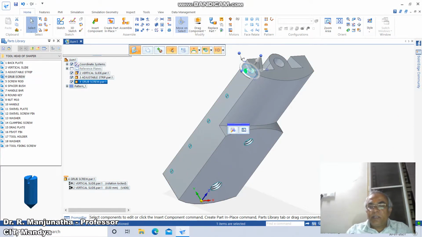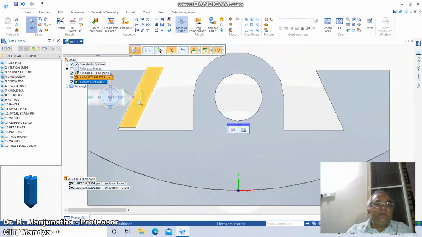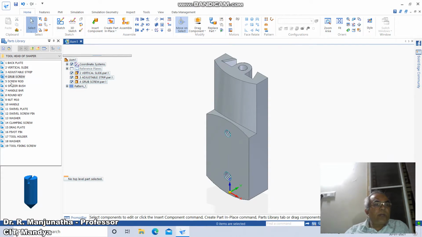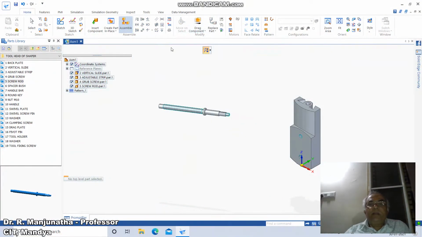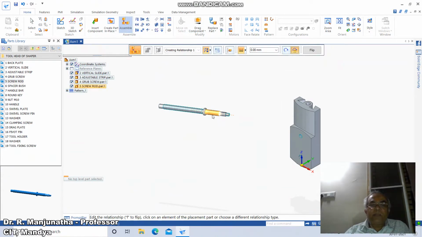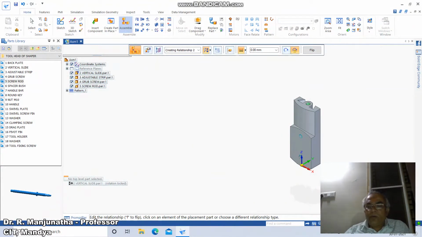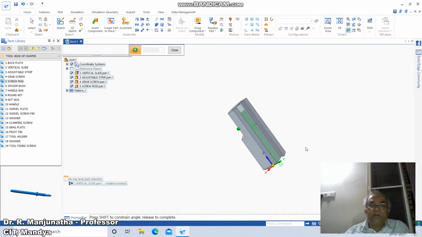Now when you go to the top view, you can see that this part has been fully assembled. So now to this we are going to fix all the other parts. So now we'll go for isometric and then go to screw rod. You just double click on the screw rod, then go to assemble, lock rotation, click on this axis of this to axis of this, then go to rotate. So we can see it has been done here.